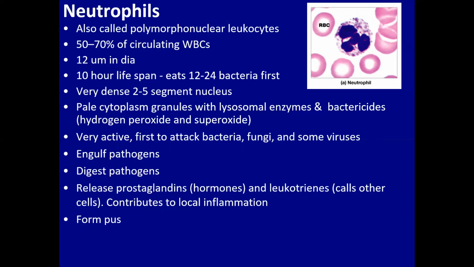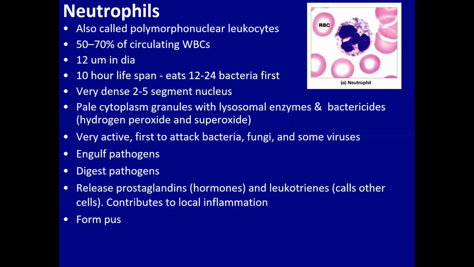This is the majority of the circulating white blood cells, neutrophils. They're big, 12 micrometers in diameter. They live 10 hours, but before they die, they eat 12 to 24 bacteria, which is pretty amazing. What's even more amazing is that someone figured that out. The nucleus has 2 to 5 segments. The one that you see here is 3